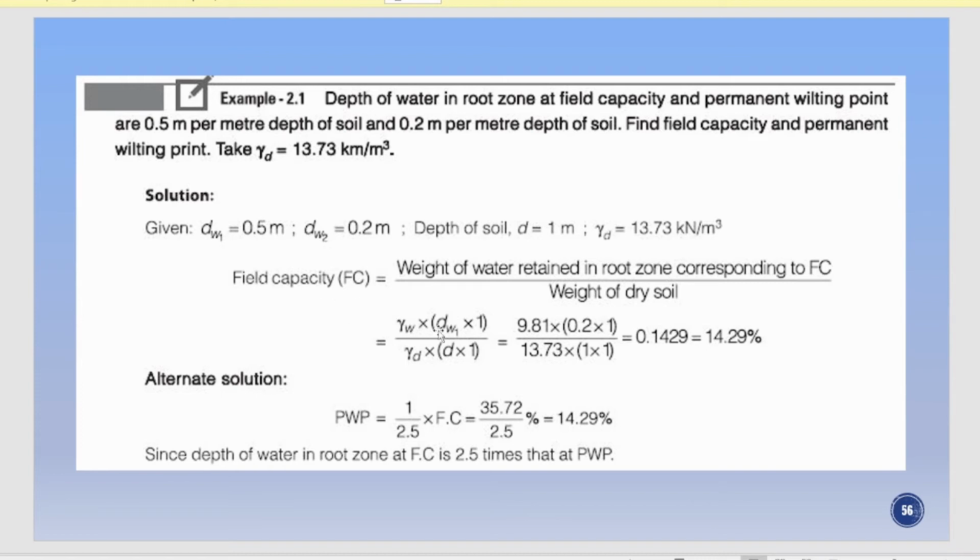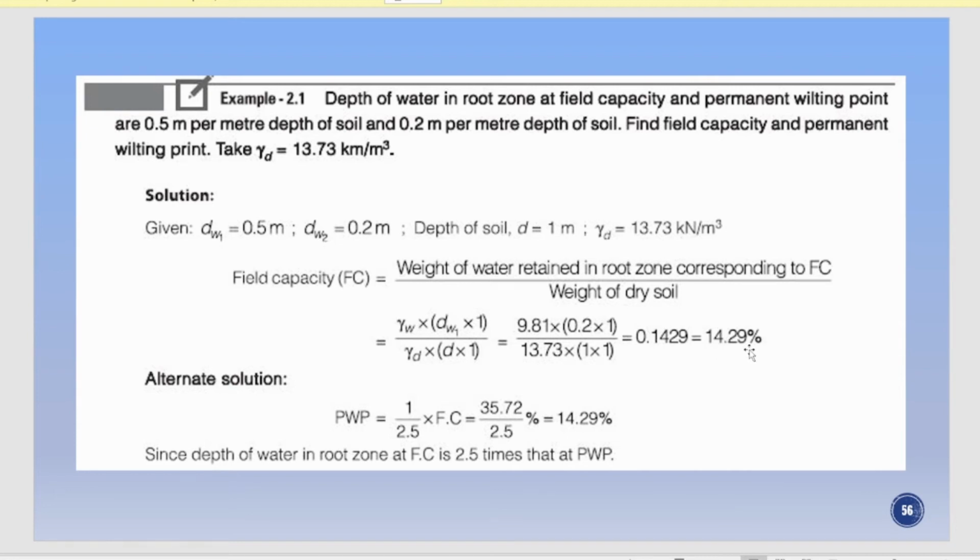Gamma W into dW1 into 1 meter. 1 meter is the depth of root zone. Okay. So similarly, divided by gamma D into D. D is the total depth of root zone, multiplied by 1. So this 1 is basically the area. We are considering an area of 1 square meter. So as you know, the result is over here. We'll multiply 100 to it to find out how much is field capacity in terms of percentage, which is 14.29